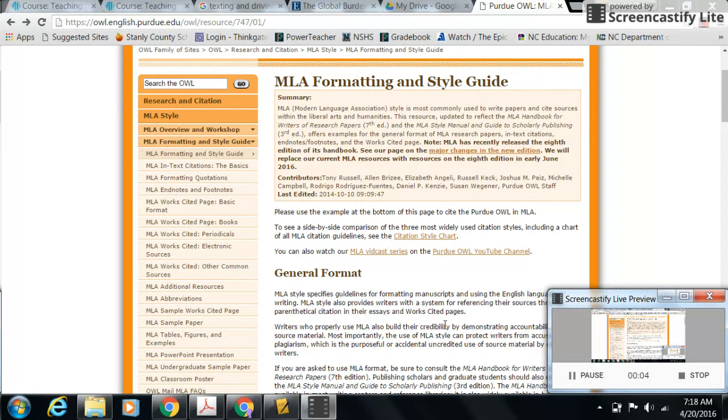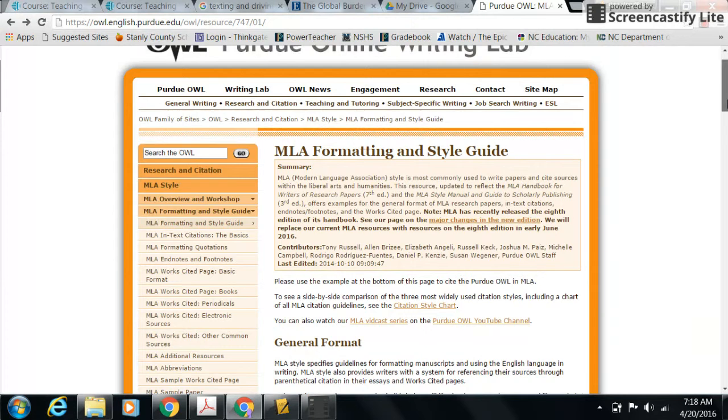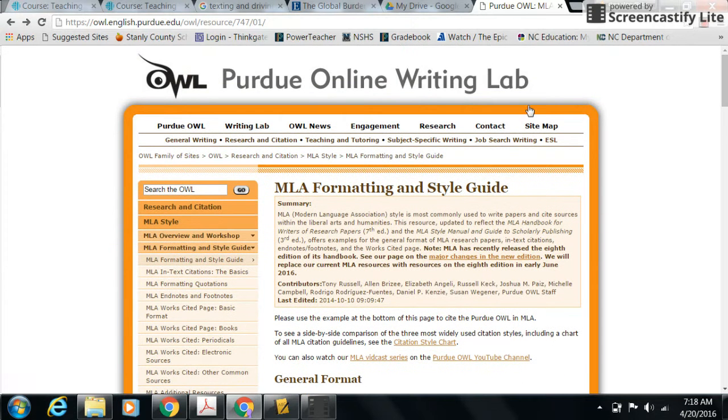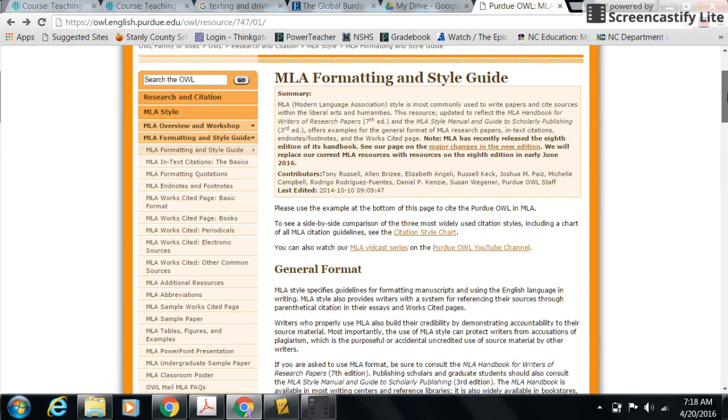Okay, ladies and gentlemen, I want to talk to you about a few special things that you might not be able to find in the manual that you have, because it's certainly not an exhaustive list on how to cite items that you might use in your paper. The other resource that you might use is the OWL at Purdue Online Writing Lab. They have a huge selection on how to format items for MLA